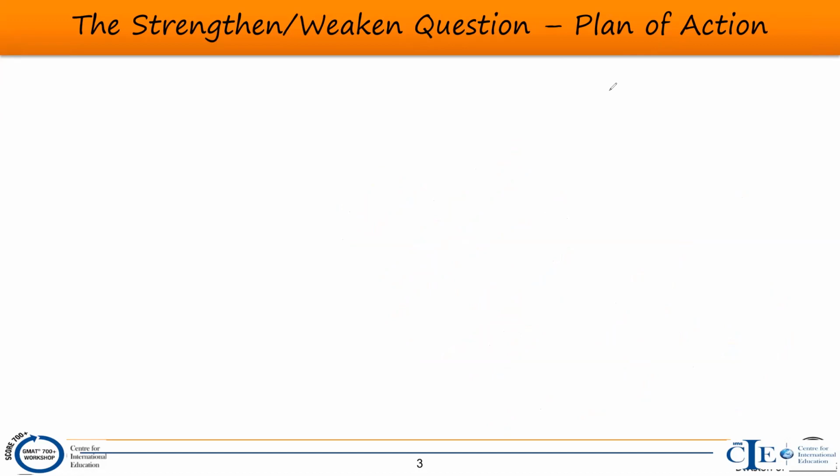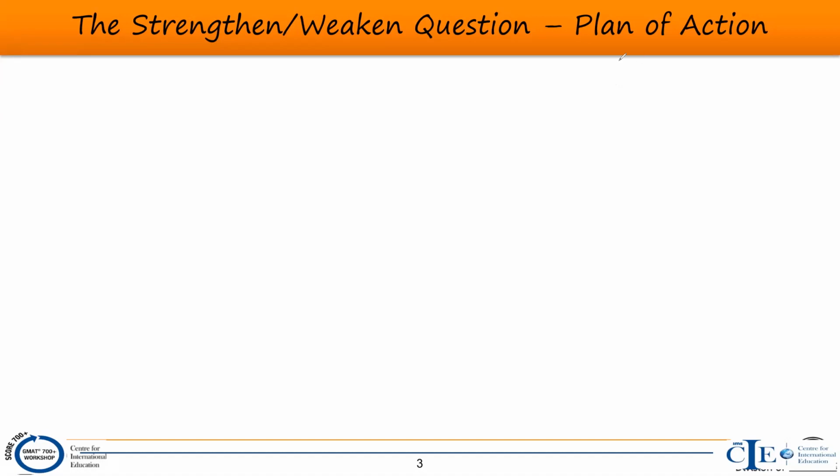Okay. Now, what do you do in strengthen questions? In strengthen questions also, we identify the conclusion and then prove the same conclusion again from the options. What extra information is strengthening it? So for strengthen questions, we prove the same conclusion again by some extra information. For weaken, we prove the opposite of the conclusion, or if it is A causes B type conclusion, then we try to identify an alternate cause or no effect or cause and effect getting reversed.